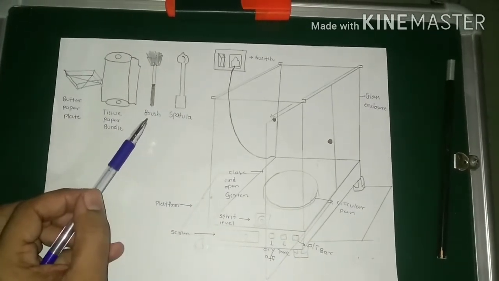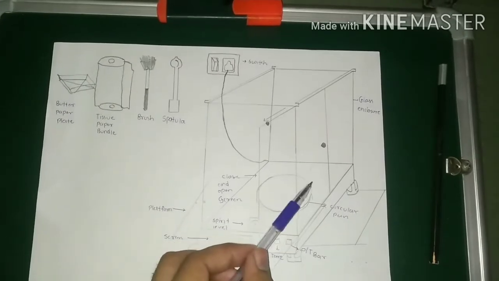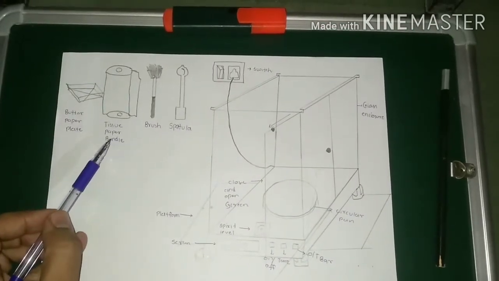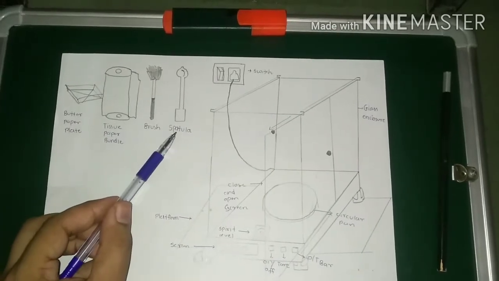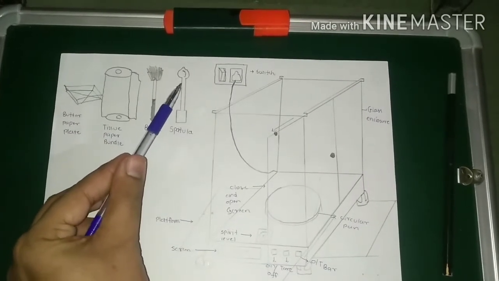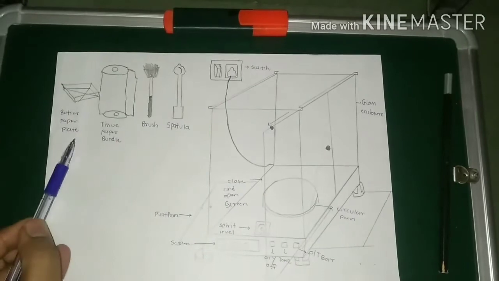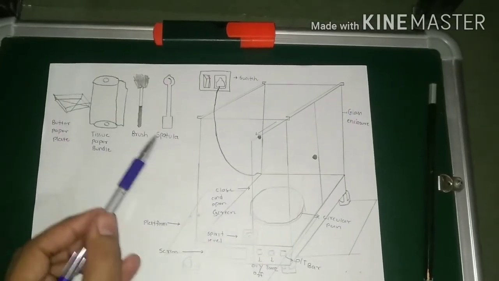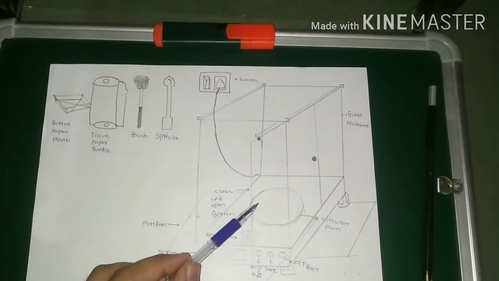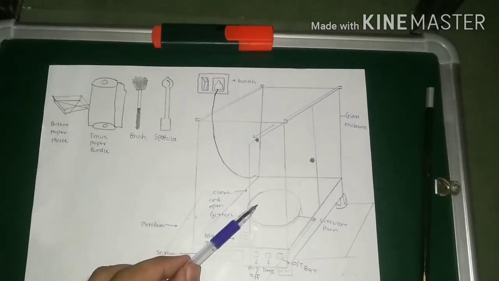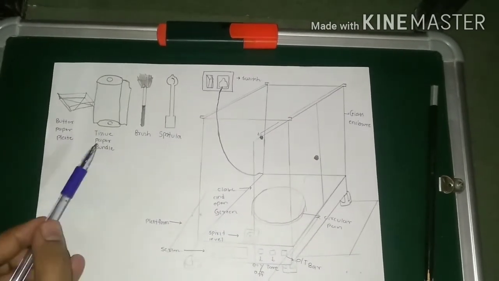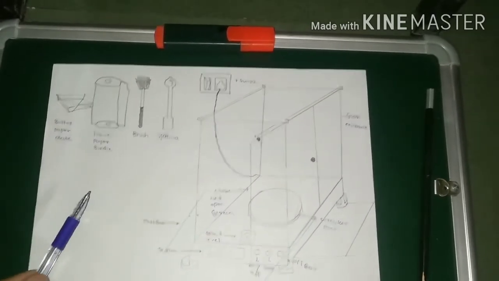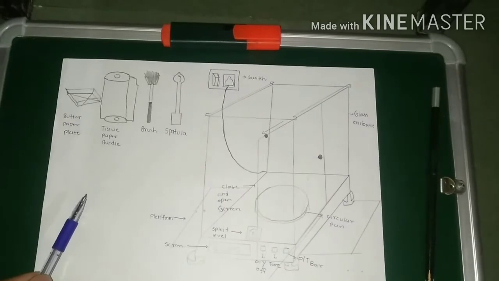By using the brush, we clean the surface of the pan. By using tissue paper, we clean the spatula surfaces on this side and this side. By using butter paper, we place the butter paper on the circular pan, and by using the spatula, we load the substance on the butter paper surface and weigh easily. This is the general technique. And for spatula cleaning, we use some solvents like alcohol and acetone.